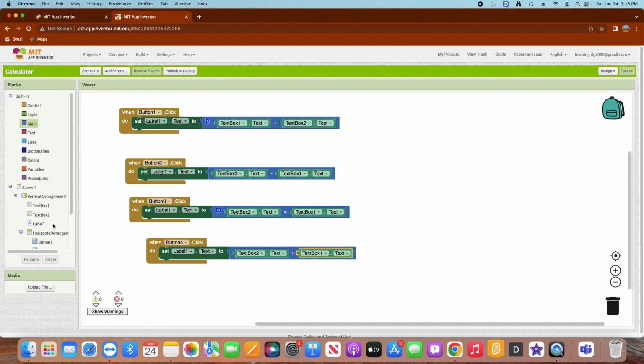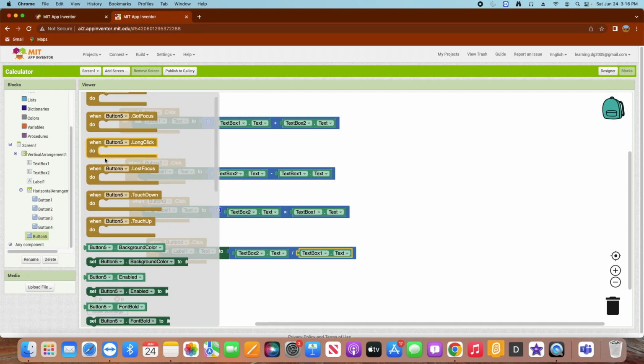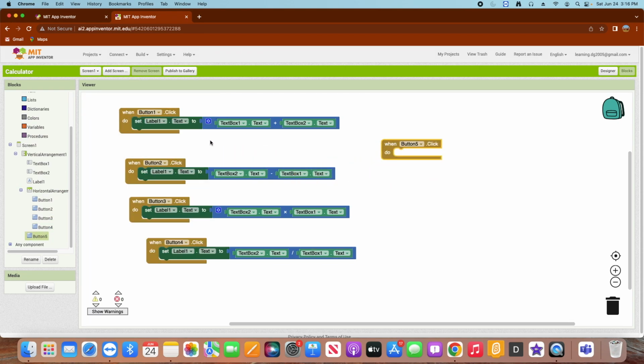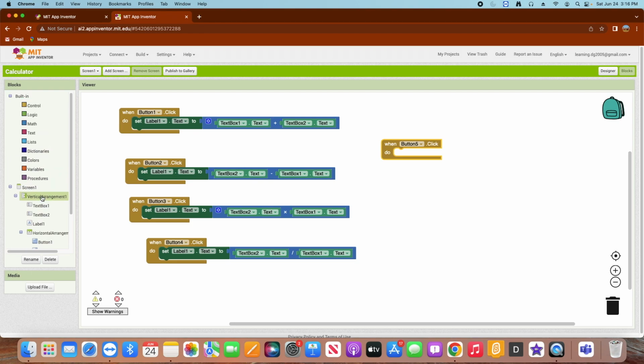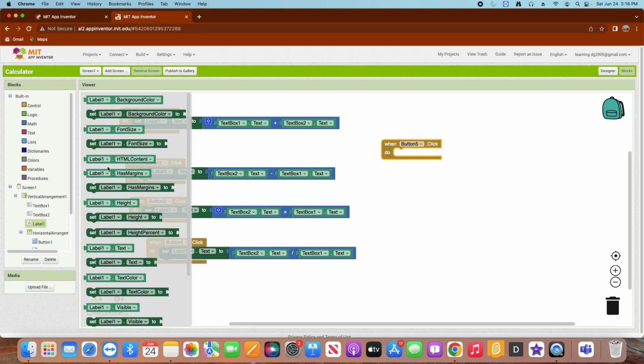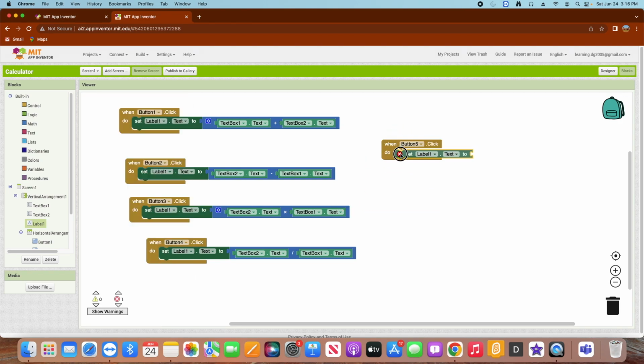So now we go to button 5. So when button 5 is click, we go to label 1, set label 1 dot text to, we go to text and bring a text block and it will be result. So now when we click on refresh button, the text box 1 text will be refreshed, and now